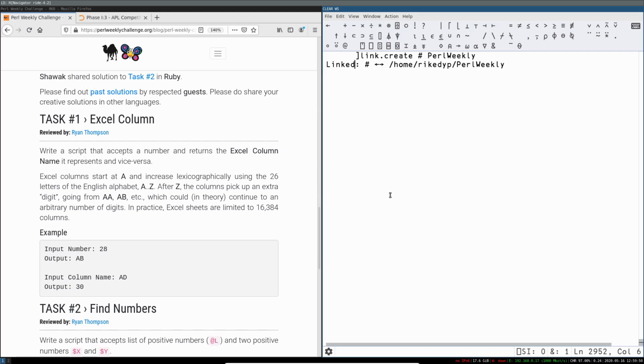So first thing I do is create a link between my active workspace and the folder. First thing is to make a namespace for my week 60 solutions. And enter that namespace. Right, we're going to take a number and we want to return the Excel column name, where they're basically a base 26 conversion and then indexed into the alphabet. So let's do that. So the 28th one will be,